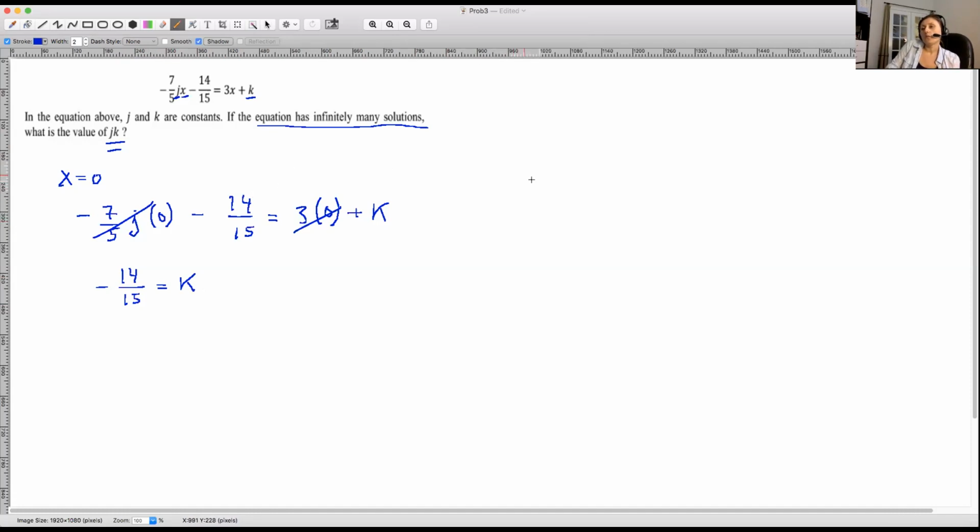So I just picked 1, because you can pick probably another number, but I picked 1 because it's easier to deal with. 1, you don't have to really multiply by anything or divide, it ends up being the same number. So I set x to 1 this time. So now I'm going to have minus 7/5 j times 1. So j we're going to keep now. It doesn't just disappear. Minus 14/15